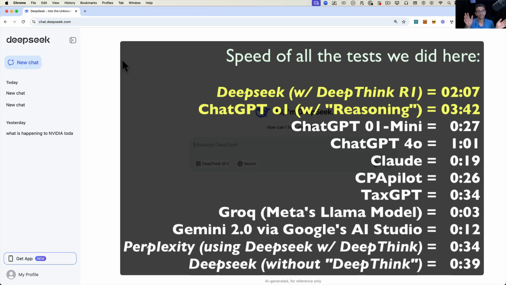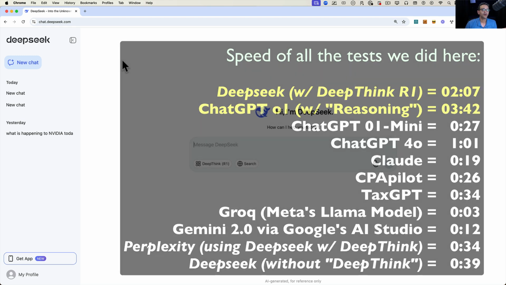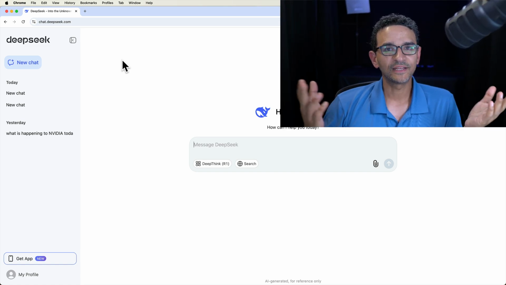Actually, the fastest compared to the deep thinking model that ChatGPT had. All the other ones weren't really deep thinking. So assuming that the 170 something thousand is the accurate number and not the 150 something thousand, then deep thinking or reasoning is required, which means you have to be on these paid versions, on these highest edition versions of ChatGPT. But Deepseek offers this for free. So I'll let you draw your own conclusions.